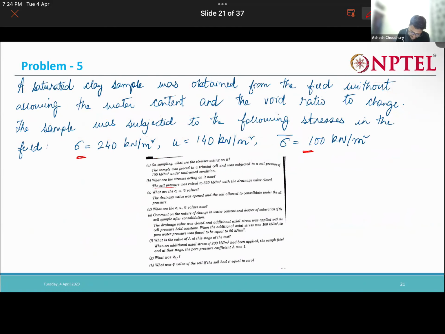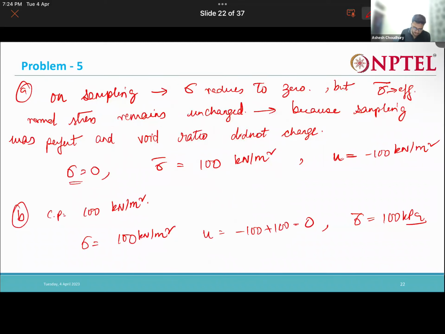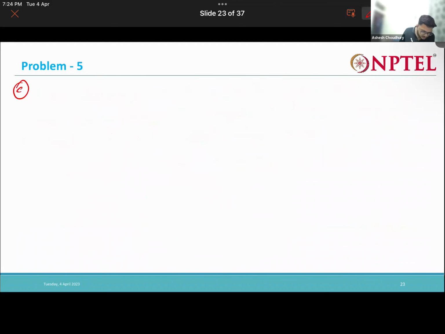Then the cell pressure was raised to 320 kilonewton per meter square with the drainage valve closed. Then we are again raising the cell pressure to 320. So as soon as we raise the cell pressure to 320, the sigma will be higher. U remains 0. Sigma dash will be